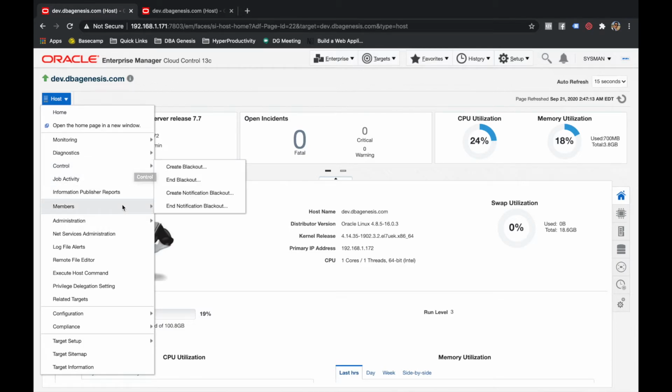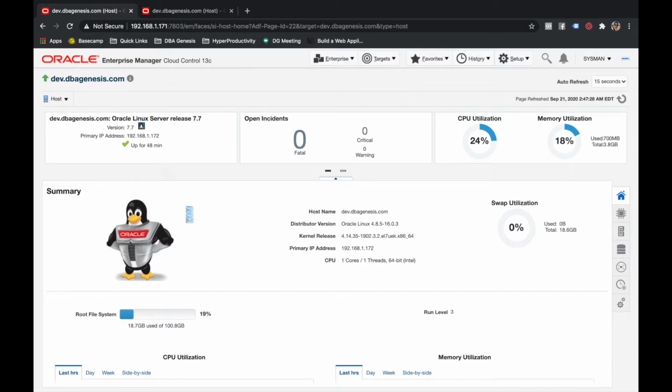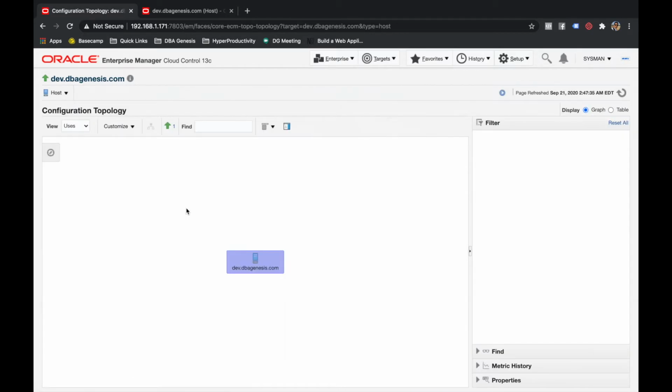The next one is members and topology. This is important, guys. In some time I will show you what is the benefit of topology. Right now you might not see accurate data, but the beauty is, let's say you have two servers which have physical standby configuration, or you have Golden Gate replication setup, it actually creates a diagram, kind of like a graphical diagram of servers which are related to each other.